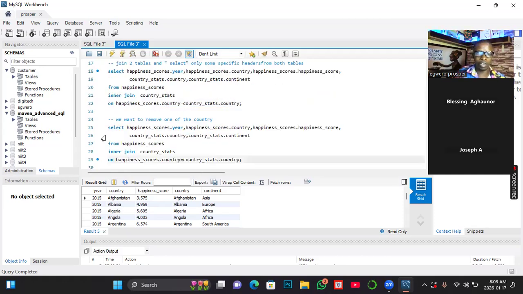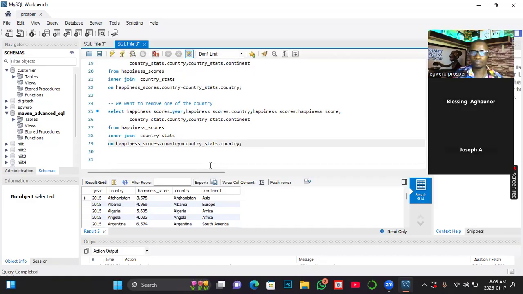So we are selecting the same data, with the same selection of the headers, but this time around, we just want to drop a country. So what we change here is